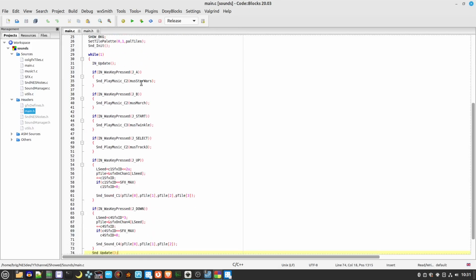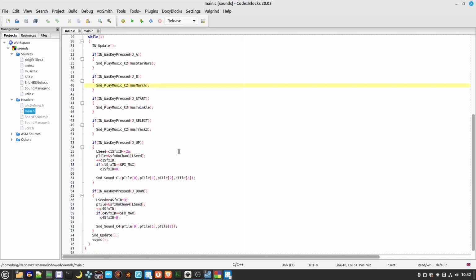So it's very straightforward here. We're just reading the joypad, and depending on what you press, depends what channel we send the music to. So you could easily replace this for channel 3 if you wanted to see what it actually sounds like on that. And then the sound effects here,